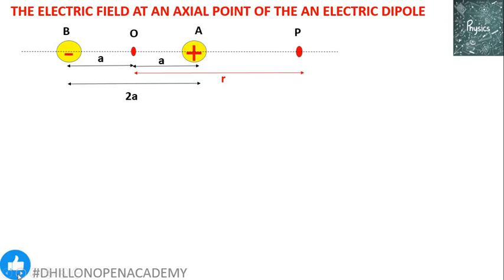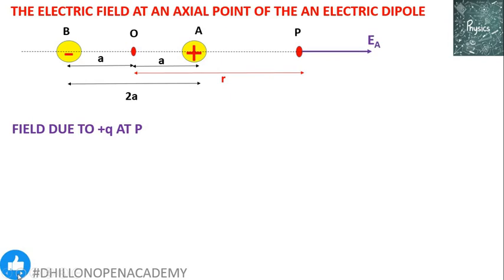Problem is same as that of applying superposition principle, because both negative and positive charge respectively are applying their own electric fields at P. Depending upon the geometry or the direction of the two fields, we will be able to find net field. So let's start. First, finding field due to positive charge. So if we neglect negative charges there and we concentrate only at point A and P and place a test charge Q0 at P, the positive charge at A is going to repel it away along the line AP.